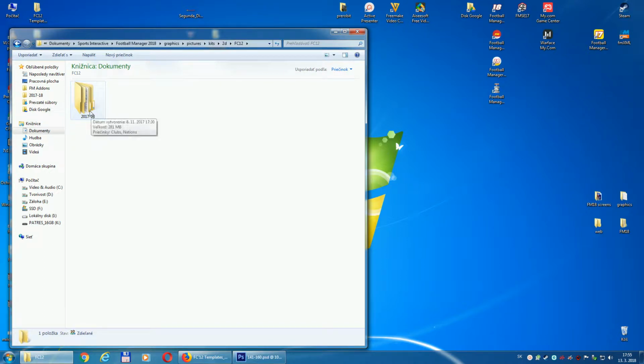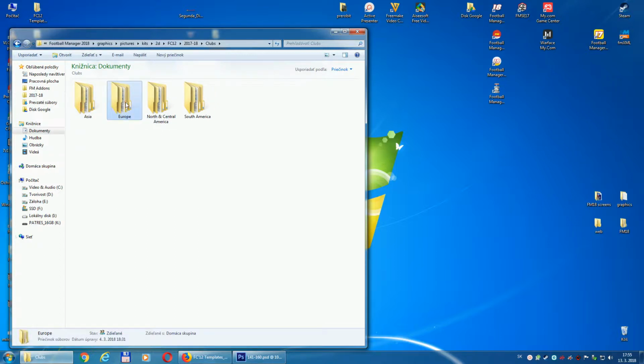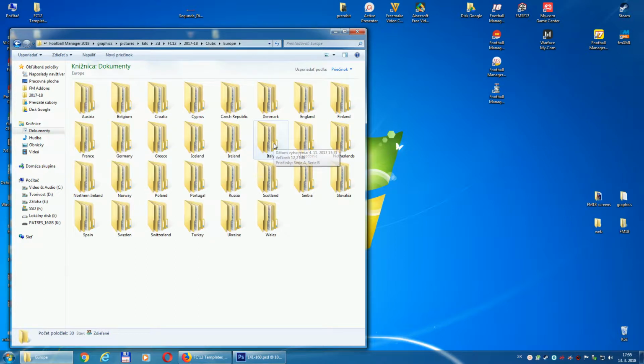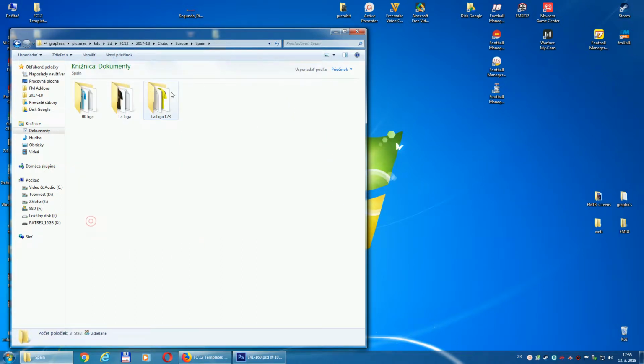FC12, then the season, club or national, club, then the continent, Europe, and if I would say the ID that we saw in the config file, this 1668, was for Barcelona. So therefore I would put it in Spain, and then, as you can see, here's the Liga, the first one that I used for the